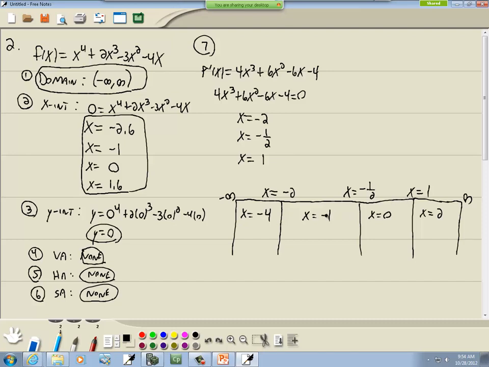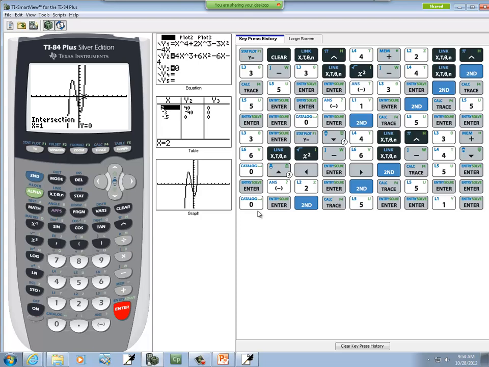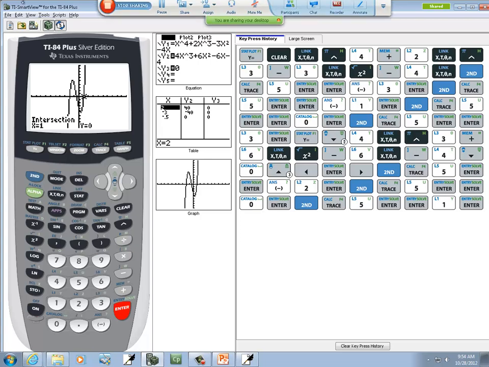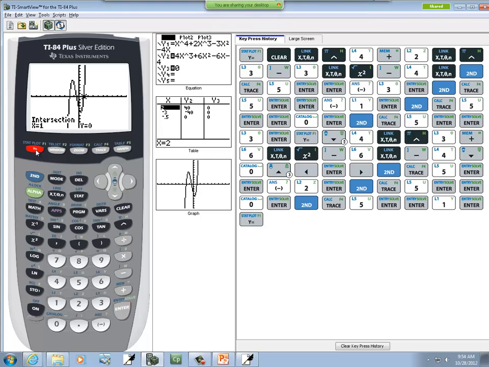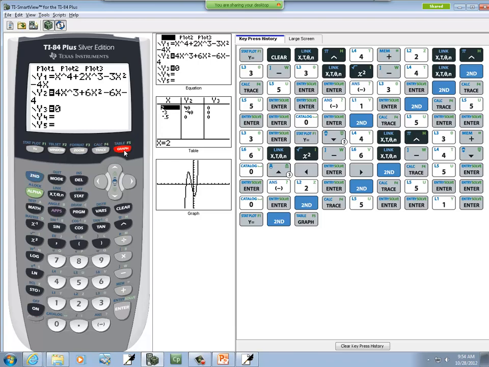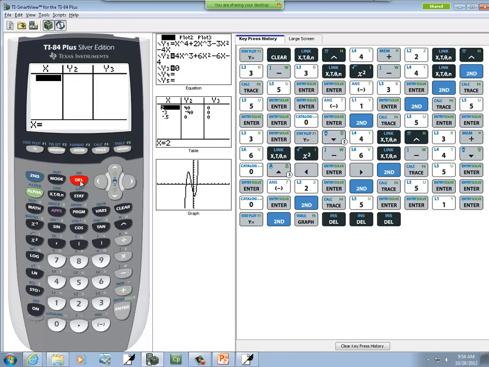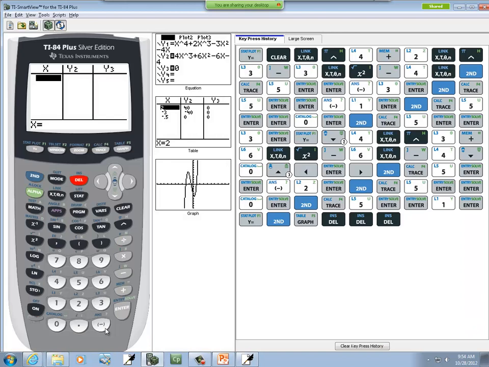Now we want to plug these into our first derivative. Remember on our calculator, where would we put our first derivative? If I go back to the y equals, we put our first derivative on y2. So let me go do a second graph, go in table mode, and I'll delete the numbers I have there. You notice I have a y2 column. That's where our first derivative is. So I'm going to put in -4,